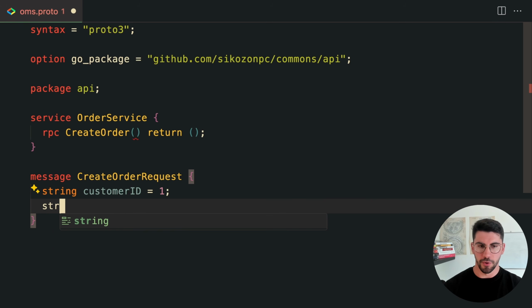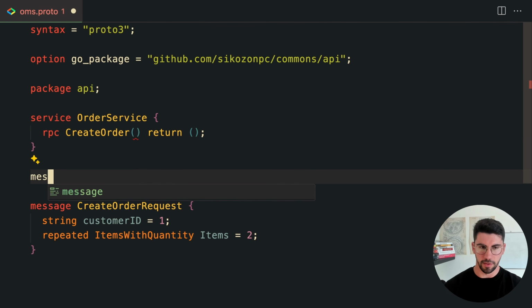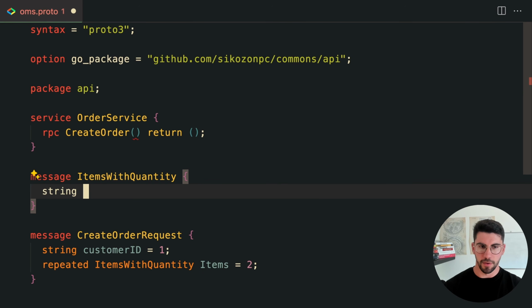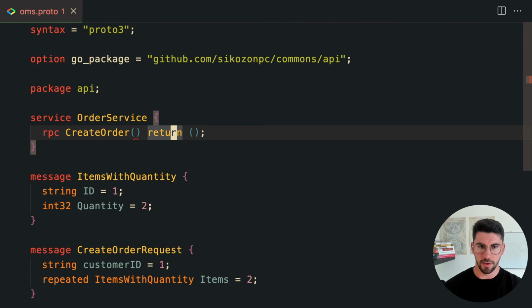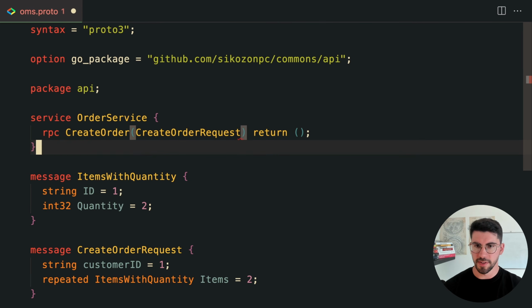And then we should also receive, actually it's going to be a new message, so it's going to be a repeated. I'm going to call this items with quantity, and it's going to be called items, like so. So this is going to be a new type, so I'm going to call this here message, items with quantity, and it's going to have an item ID, which is going to be a string, and then we could have the quantity, which could be an int32. I'm going to call this quantity, and this should need to add here the create order requests,